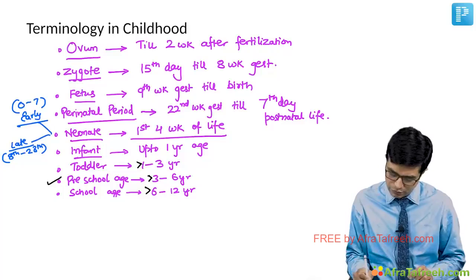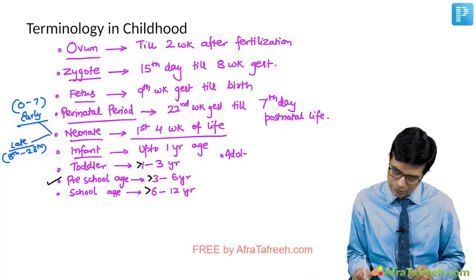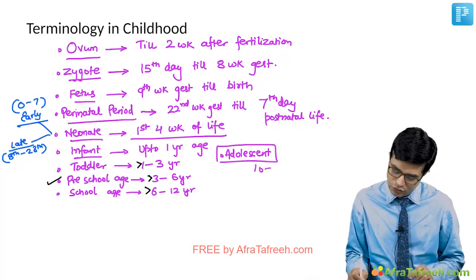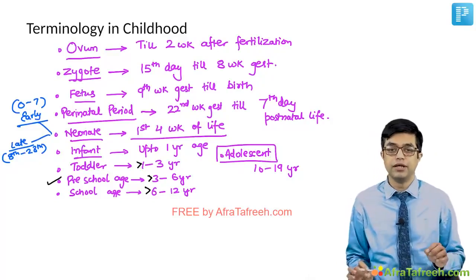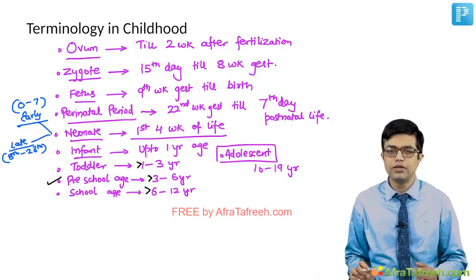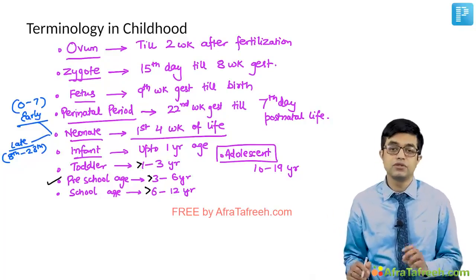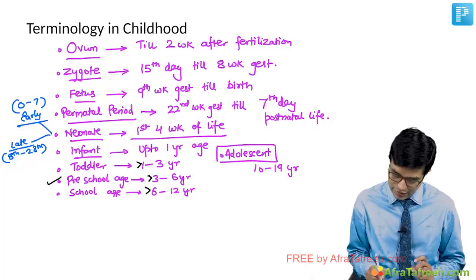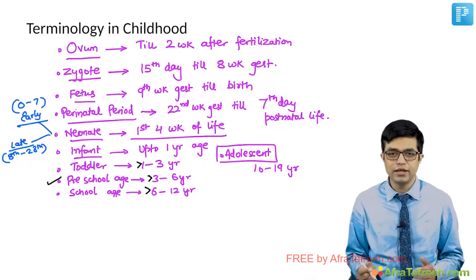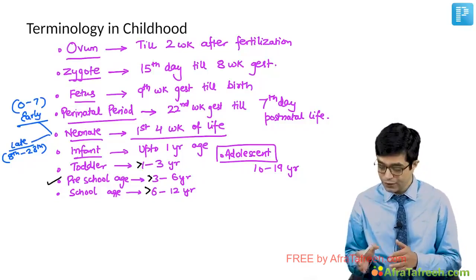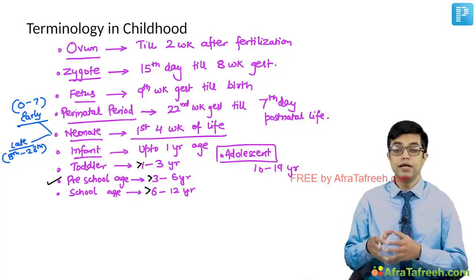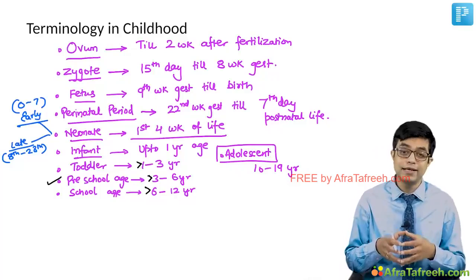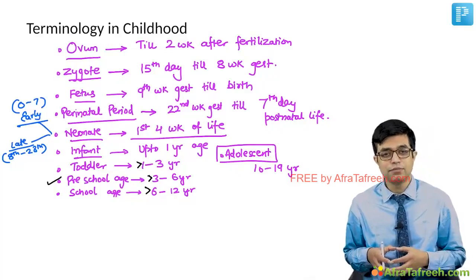And finally, before we move to the next small subtopic, what is an adolescent? Adolescent period is defined as 10 to 19 years of age. This is defined by UNICEF and WHO. We cannot change it. Some of the textbooks, including OP Ghai, talk about 10 to 20 years, which is not correct. Adolescent period is defined differently in different countries. Even textbooks define it differently. We are taking this adolescent age group because this is how it is defined in WHO, UNICEF. This is how it has been defined in ICMR guidelines and ICMR publications.